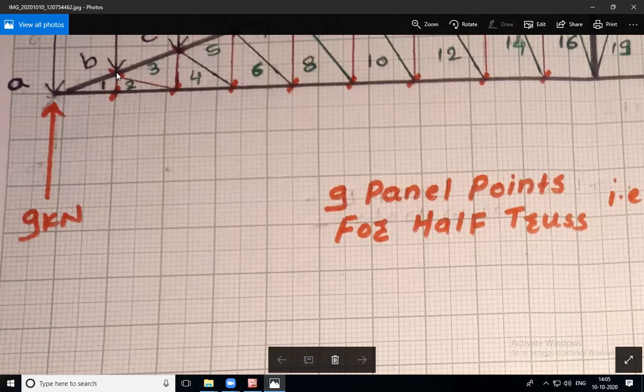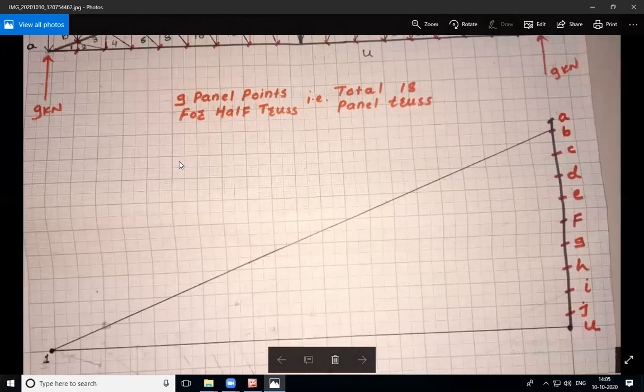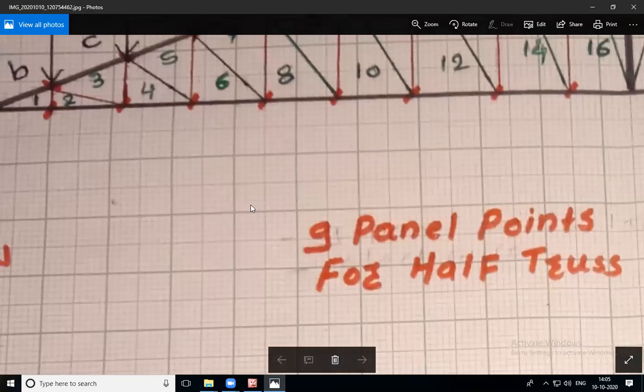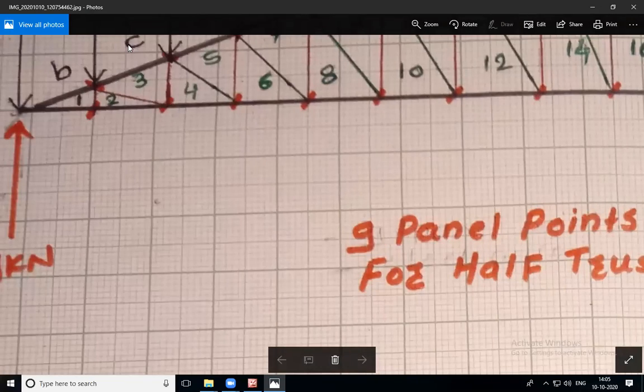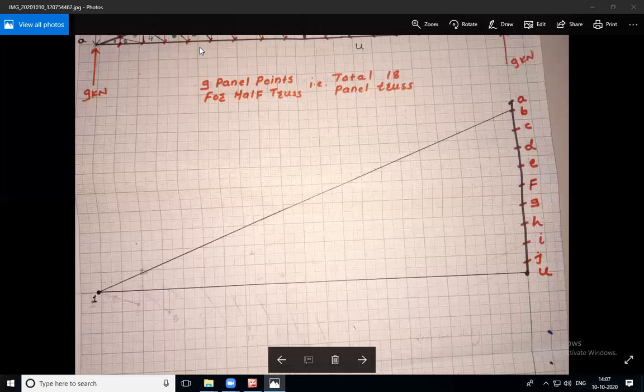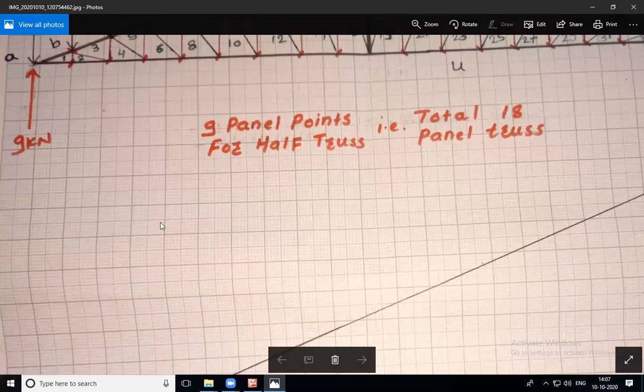Now analyze this point B. If you consider this point B, start from C. Now draw one line which is parallel to C3. So we have to start from C to 3. Always remember, you are going to move in clockwise direction. So to move in the clockwise direction, you start from C and reach up to 3. Now we have started from 1 to 2. Now we are going to analyze point B.